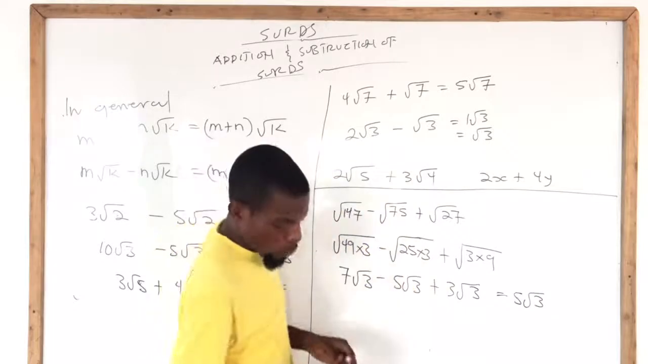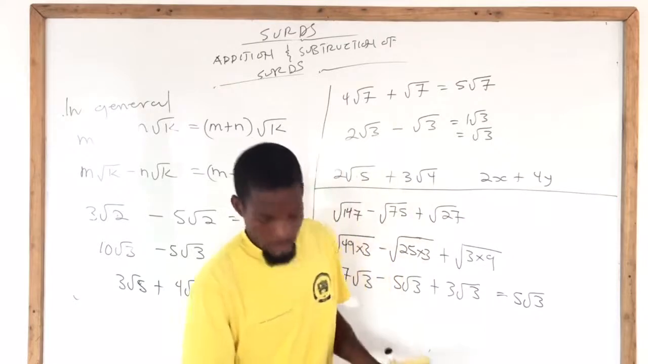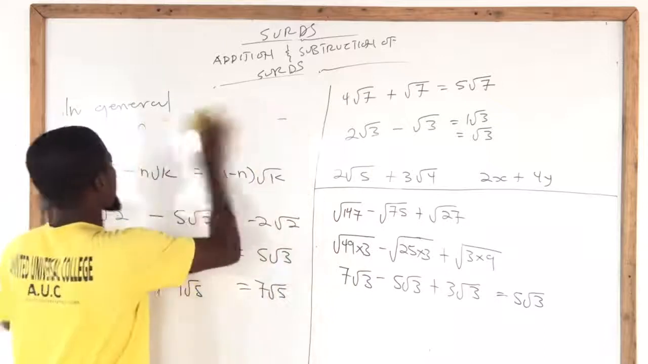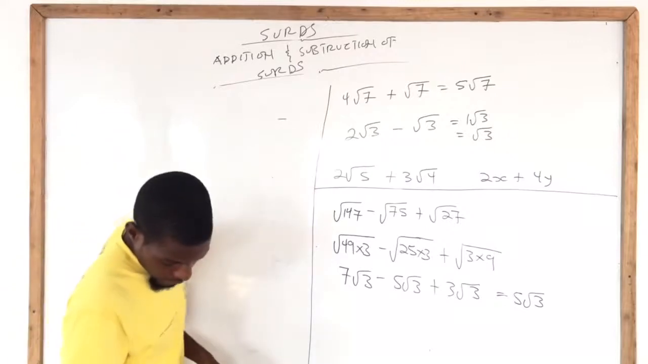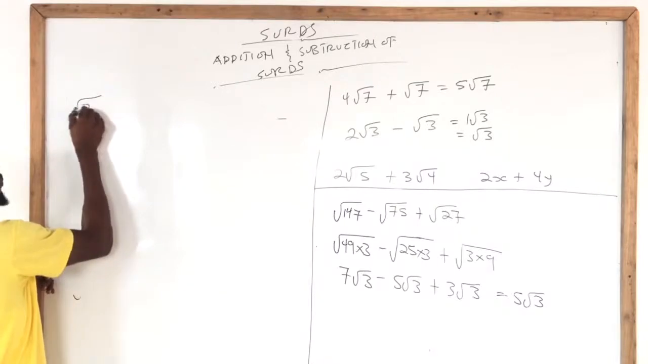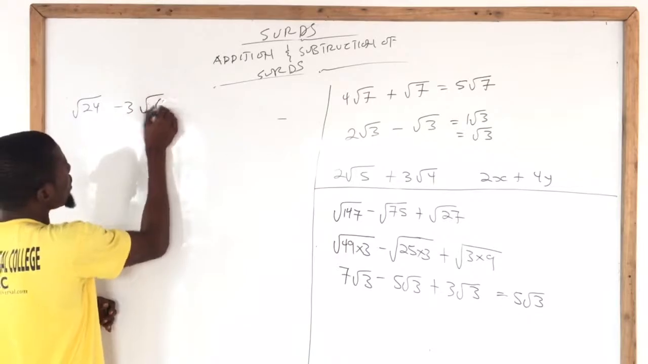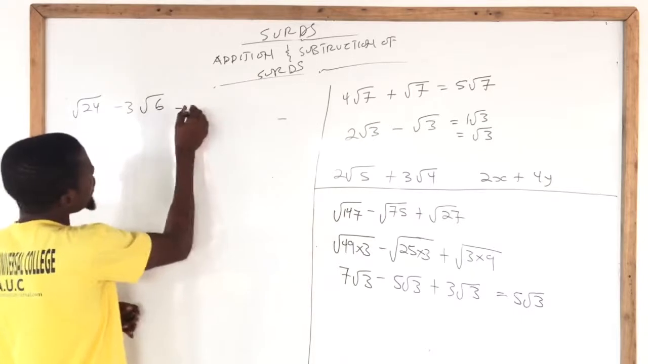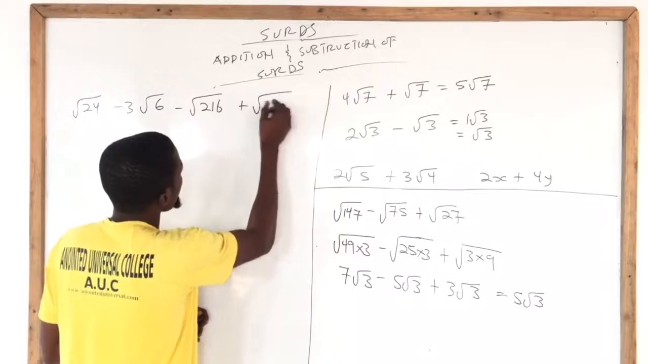Right? Let's solve 2 more examples on this, and we'll draw the curtain on this particular episode. And the next one we'll do multiplication and division. So allow me to clean this part. Let's take another example. So the next one I have root of 24 minus 3 root 6 and then minus root of 216 plus root of